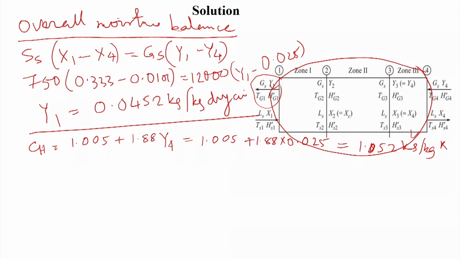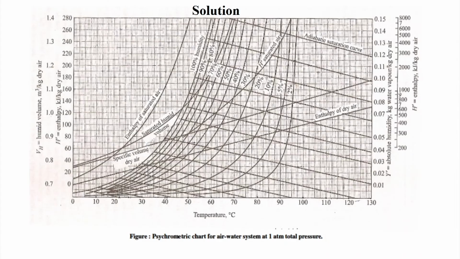So, now we need to take the help of this psychrometric chart to get this Tg3. We will assume a value for Ts3, let us assume 40 degree Celsius. For the time being we assume Ts3 is equal to 40 degree, which is nothing but the adiabatic saturation temperature. So, we will take this at 40 degree Celsius like this here,